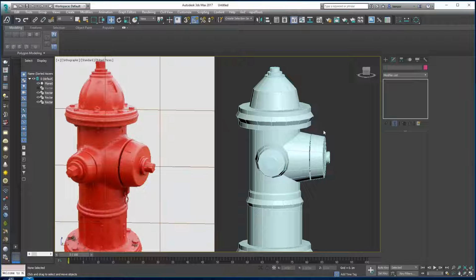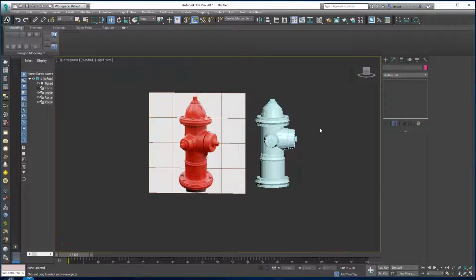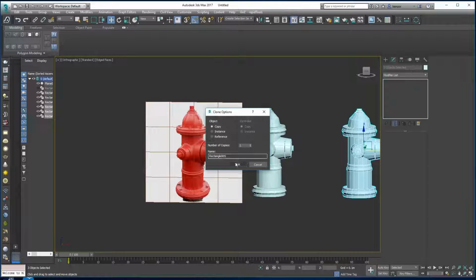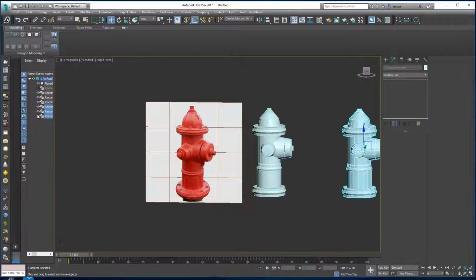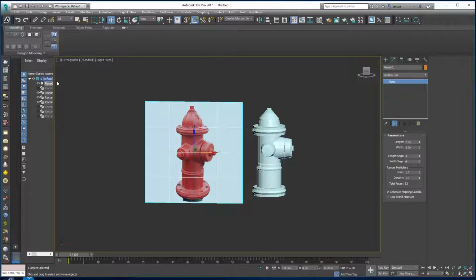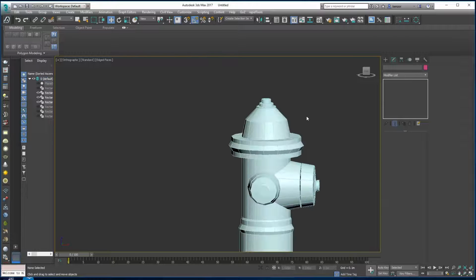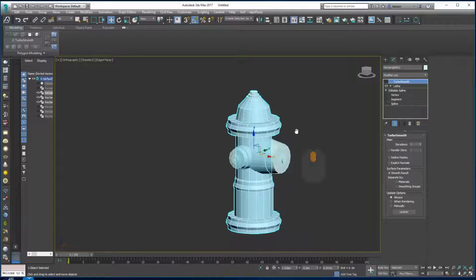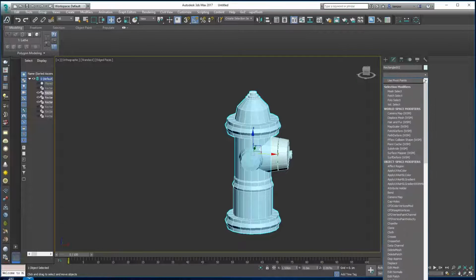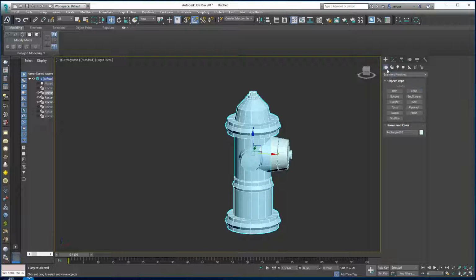So the next step is going to be to boolean this all together. I'm a little paranoid about this kind of thing, so I'm just going to shift drag and clone all that. Let's copy just in case I mess it all up, and then I'll hide it all. And I might hide that as well because it'll just get in the way. So now I can concentrate on what I'm doing here. And so we're just going to take this object and bin that turbo smooth modifier, create a compound object. It's going to be a pro boolean, and